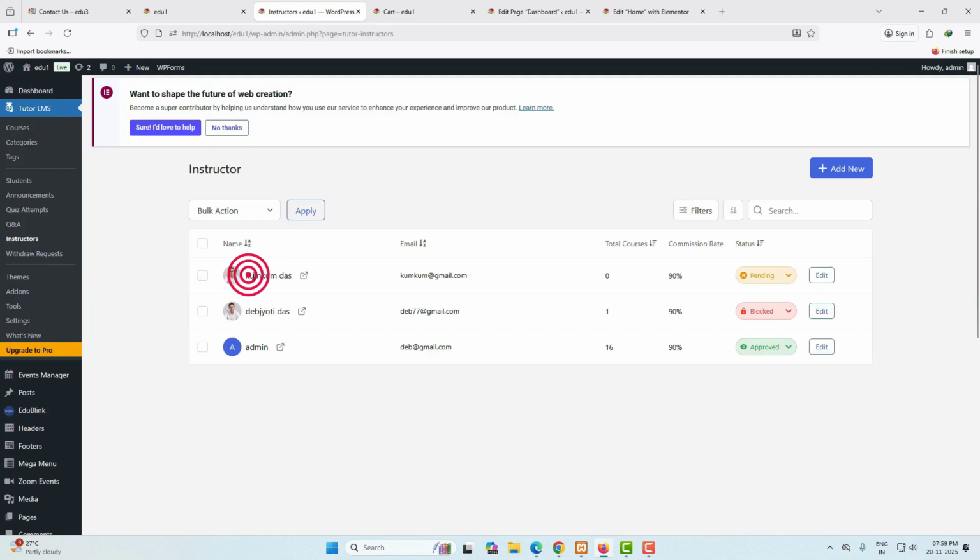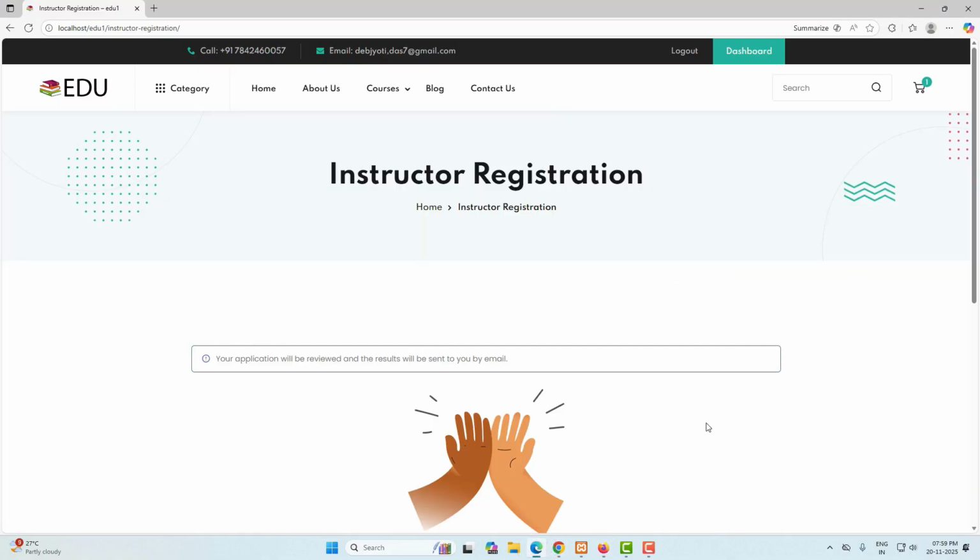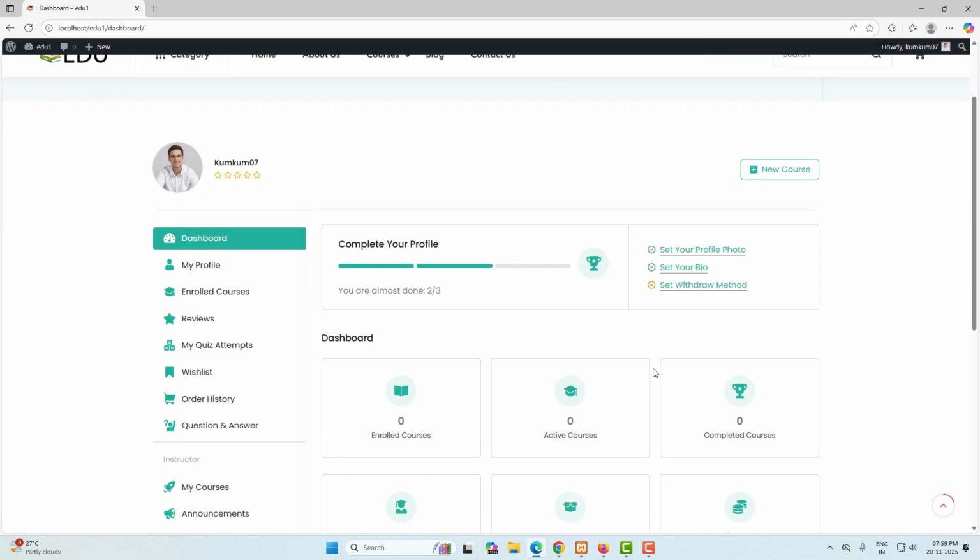So now here you can see Kumkum Das and Tata showing pending. Okay, so from here click this, and if you want to approve, then you have to choose approve, and if you don't want to approve, then you have to choose block. Okay, so here I'm clicking on the approve option. So now if you come back to the dashboard,